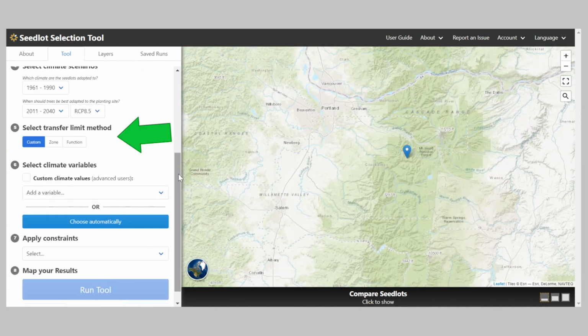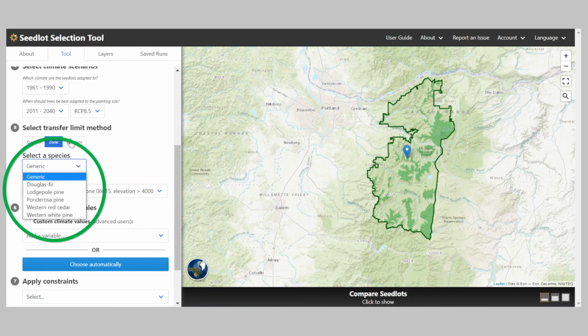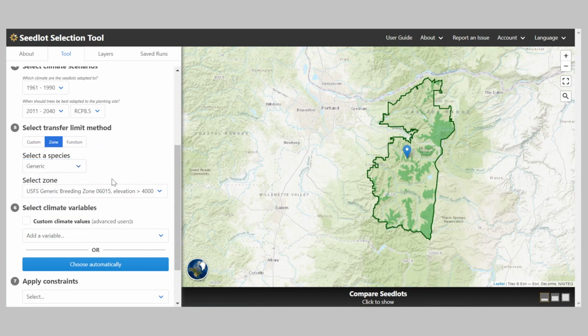For selecting the transfer limit method in step 5, you can see that there are several options in the seedlot selection tool. For example, you can select the zone method, and now you have the option of choosing a species, and there are several species that are preloaded, and also different zones.